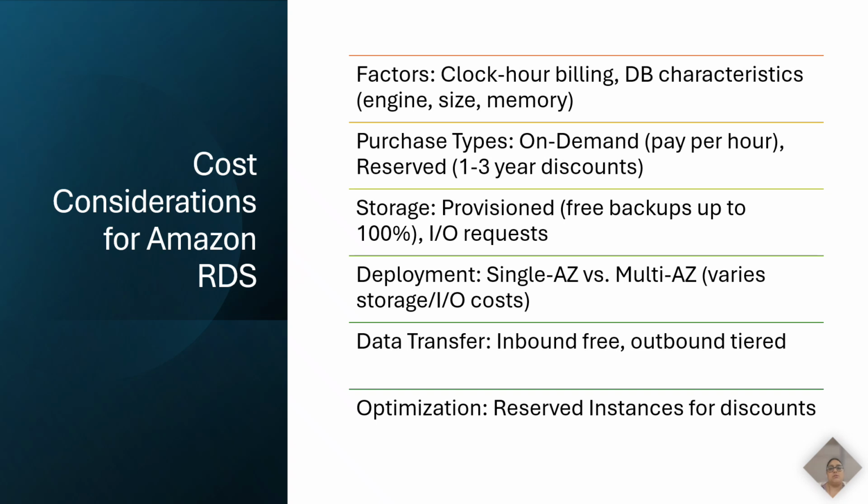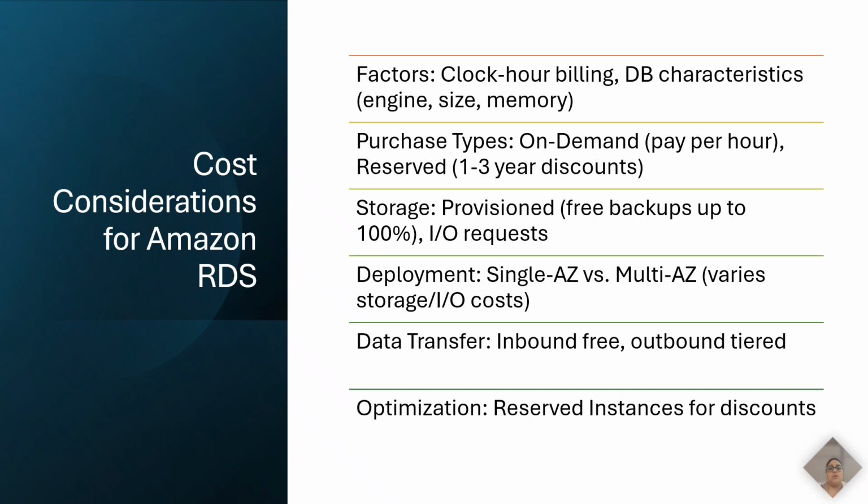Estimating RDS costs involves several factors. Billing is based on clock hours; charges accrue while the instance runs. DB characteristics like engine, size, and memory class impact pricing, as do the number of instances for peak loads. Choose on-demand for flexibility, pay hourly, no commitments, or reserved instances for savings, low upfront for 1 to 3